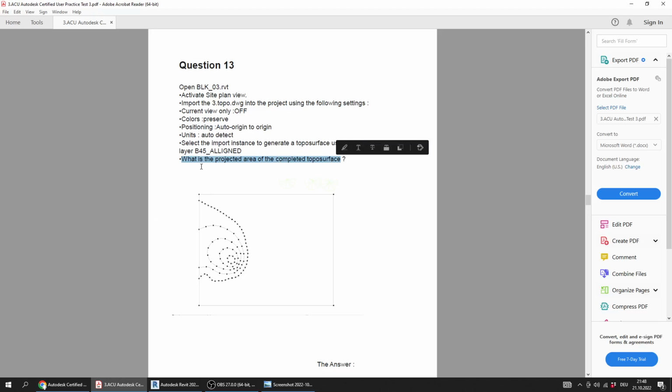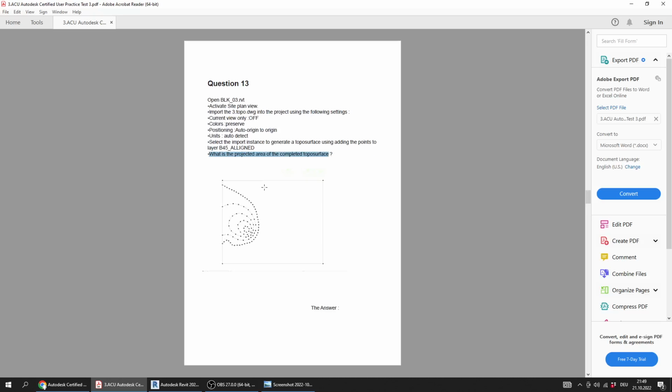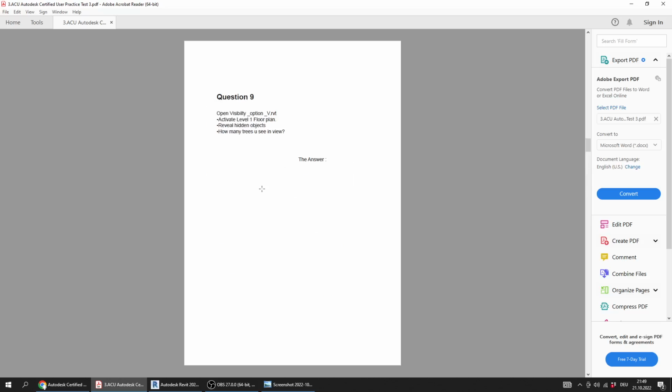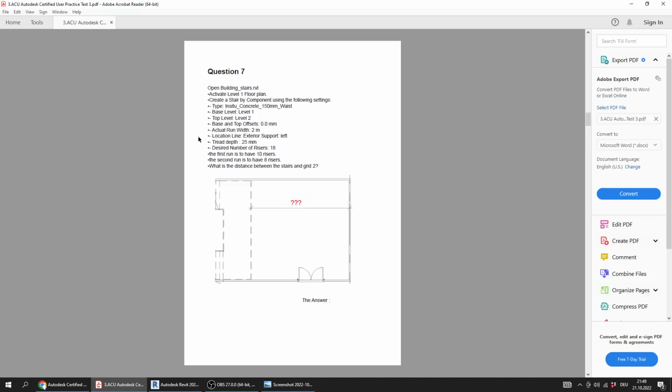This type of question comes in almost all of the exams that I have solved. There are always what you can call the core questions, which are the topo surface, the stairs,